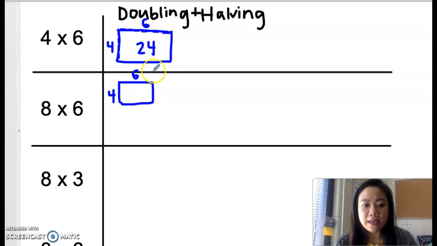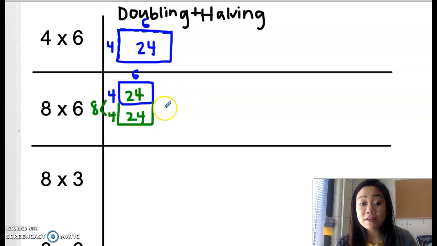What if I just added another 4 times 6, right? Because these two equal 8, and this is still 6 up here. So in a way, I'm just adding 24 plus 24. I'm doubling, okay? So 24 plus 24